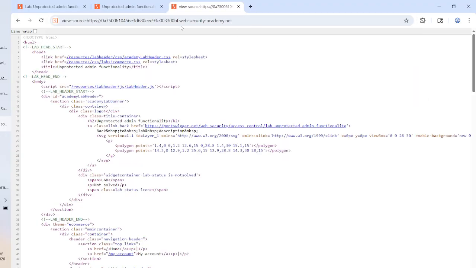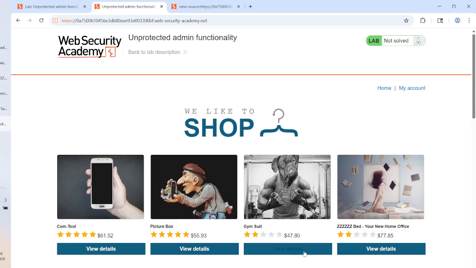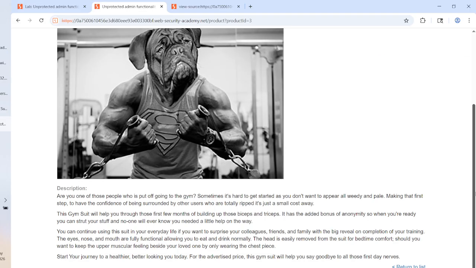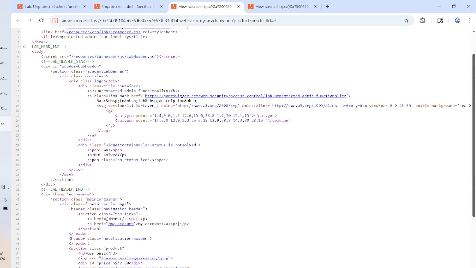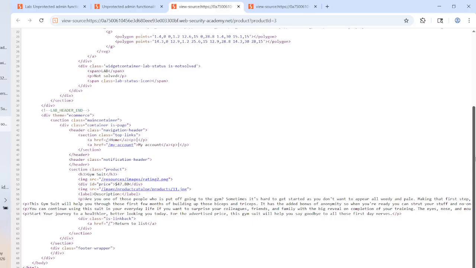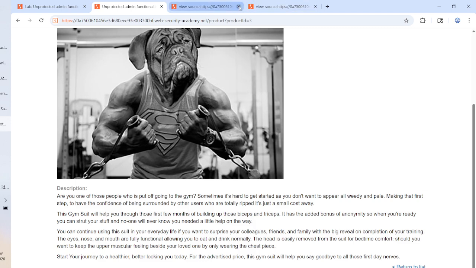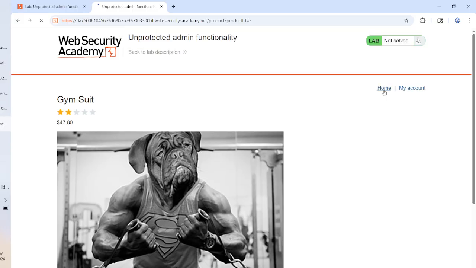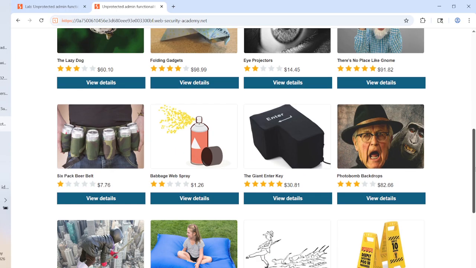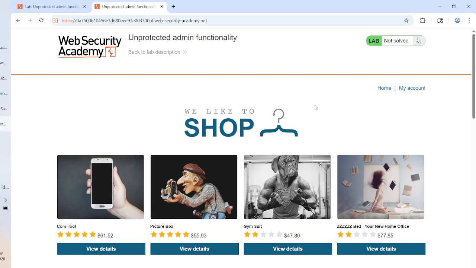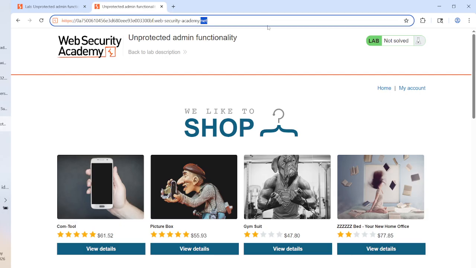Now what should we do? Let's go to some pages and see if something is present. One more time. No, we are not able to find anything. Let's go to the home page and scroll down. There is no admin.